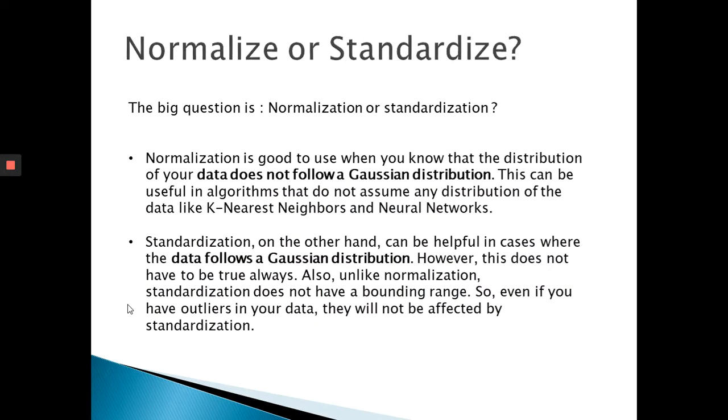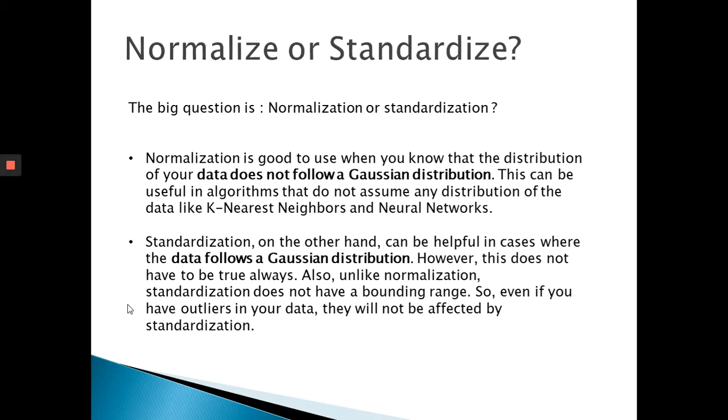Now, the big question is whether you should normalize or standardize your data, right? You need to consider two points before picking one of them. Normalization is good to use when you know the distribution of your data does not follow a Gaussian distribution, or the normal distribution, bell curve shaped data. This can be useful in algorithms that do not assume any distribution of the data, like k nearest neighbors and